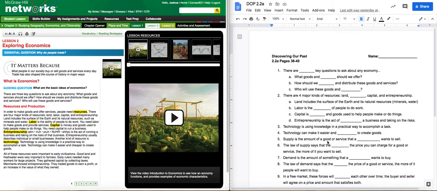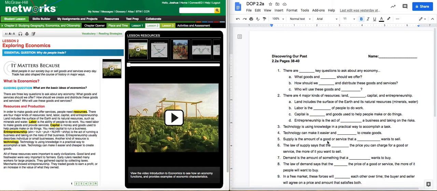Number 2, labor. It is the ability of people to do work. You need labor to make goods and provide services. So in other words, who am I going to hire to do the work for me? And are they capable of doing the labor that I need done? Lots of times you'll see at places that are hiring, I want to work at Sam's Club, they'll say, you must be able to lift at least 50 pounds because some of the things we sell weigh 50 pounds. Now, there are probably people in this world that can't do that labor because they don't have the ability to do the work that I'm asking them. I can't be a mechanic for an airline. I don't know enough about airplanes, so I can't do that labor.